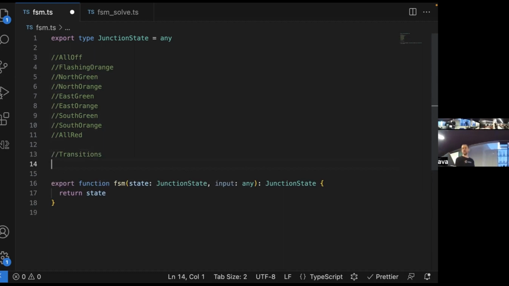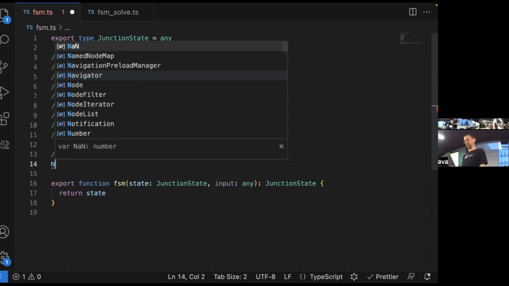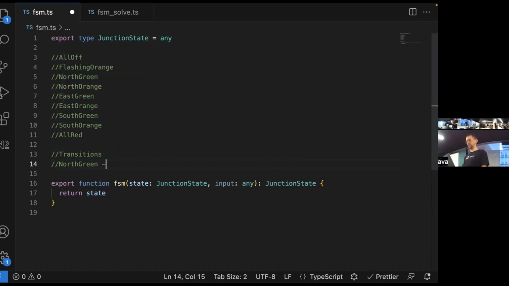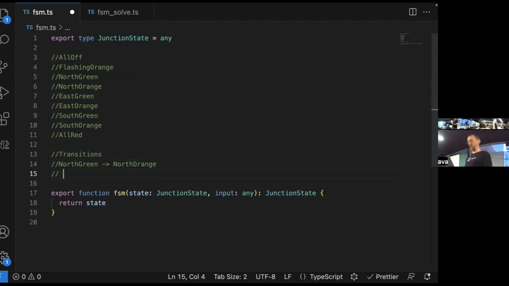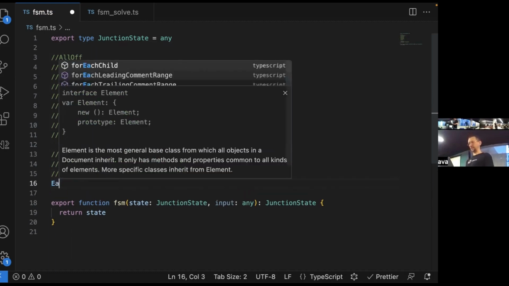If we take north green, what is the only valid transition that we have? North orange. And what's the only valid transition out of north orange? All red. And obviously it's the same for all of these, right?